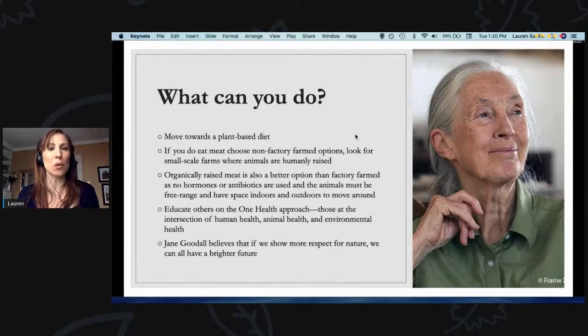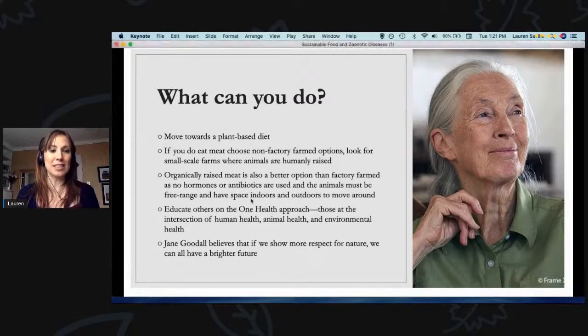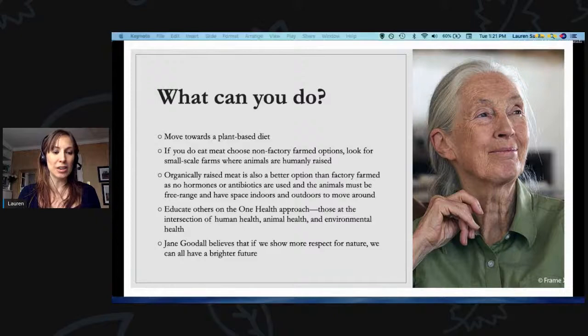And I think that's so important for us to remember, and why Jane is just such an amazing figure of hope in these dark times, especially. So that's kind of all I have to say in terms of the presentation. I really hope that through this, you were able to learn a few new things about where foods come from, why diseases spread as they do, and why this has become something we're all living with in this day, in 2020, through this pandemic.